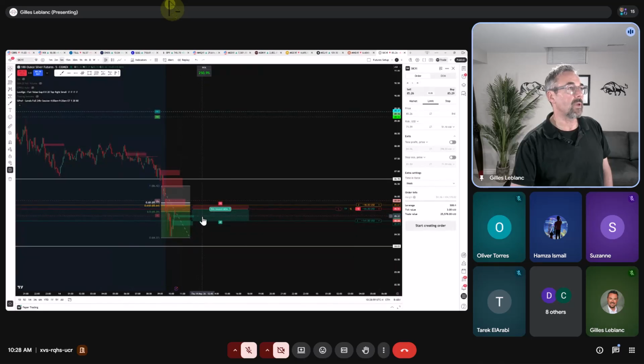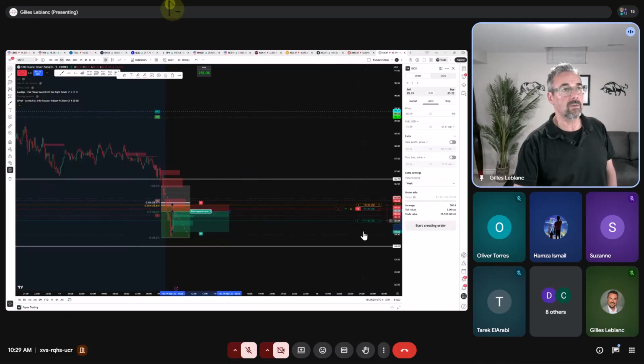The entry should have been over here. Let's show where the entry should have been and where the stop should have been with my actual with this, and then the 3R would be down here, right? So this indicates what the trade should have been. This indicates what the trade is that I actually took with the stop loss that was tighter over here. So we'll see what happens with that.